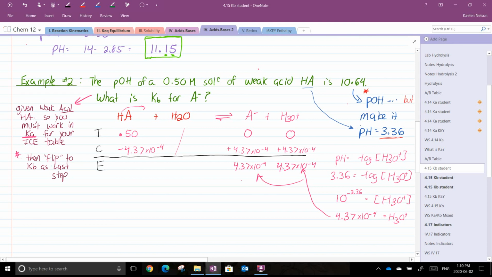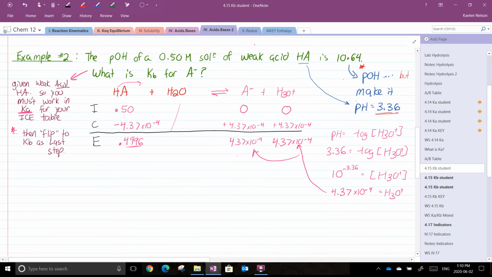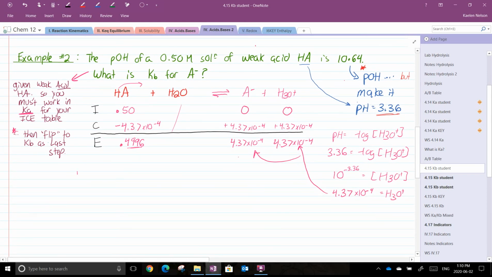And I do actually want you to do that number in your calculator. So you're going to calculate 0.5 minus 4.37 exponent negative 4, and it gives you 0.4996. Okay, so you can see when we make that assumption how close we are. That's barely going to change our number. Okay, so the next step will be to calculate our Ka, which will be,